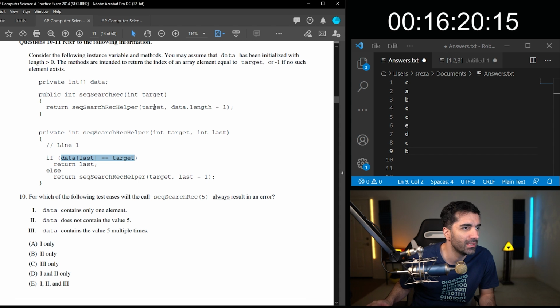So if it contains one element, 6 would go in here. If data is one element, then it would be a 0 in here. If data last, I feel like this would be fine, right? Because it would be 0, then it would just access 0 equals target. So this should work.